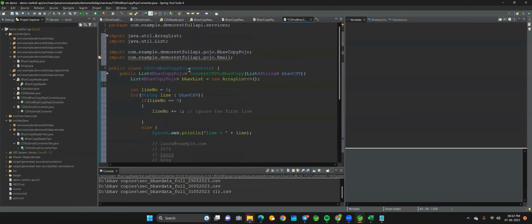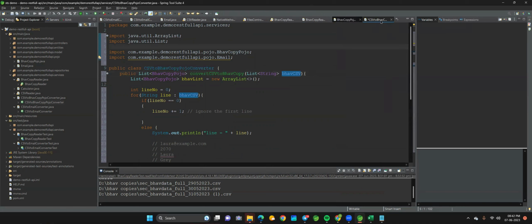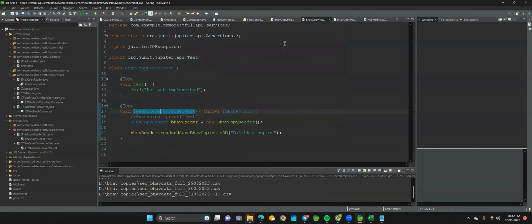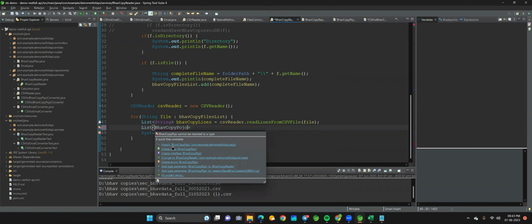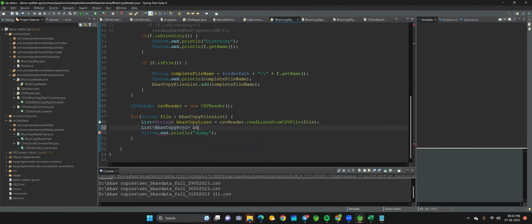So ee class ni manamu ippudu okada call chestam, Bhav copy reader lo. Let's go to Bhav copy reader. ఇక్కడ సో ఐఎమ్ గోయింగ్ టు కన్వర్ట్ ఇట్ ఇంటూ లిస్ట్ ఆఫ్ భావ్ కాపీ పోజో. భావ్ పోజోస్. దాంట్లో నేను